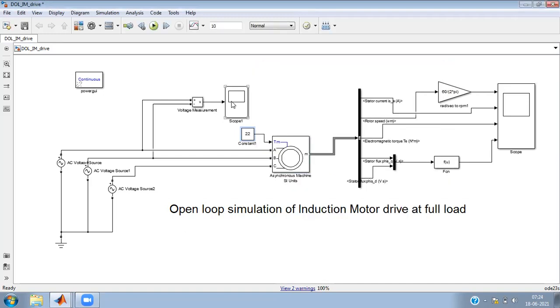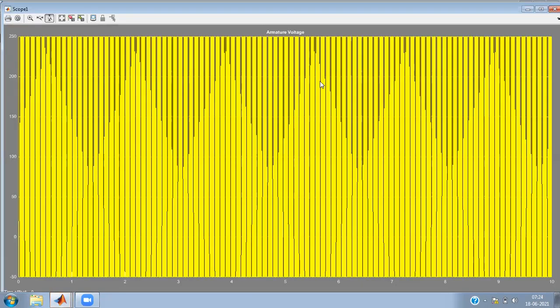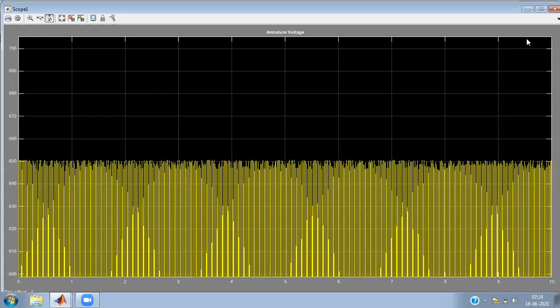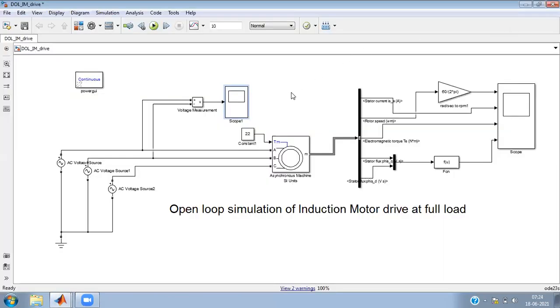Here I will be able to see whether I am getting the rated voltage as per the requirements or not. I already did the simulation, so this is already available. I will show it again. Now, once you have this set, you can use this M block. M is nothing but a measurement block.